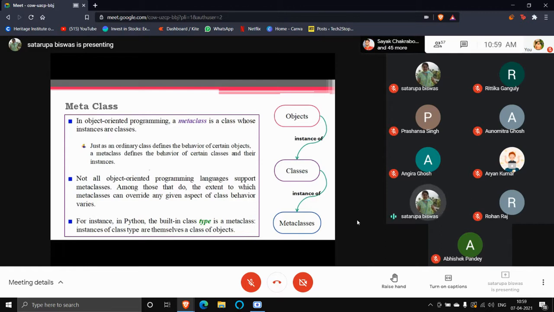So, what are the features written in the meta class? It is not mandatory to keep them all as they are. You can override some part of it, but how much you can override will completely depend on the...